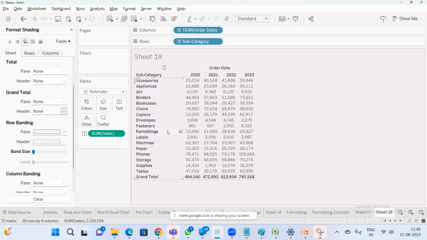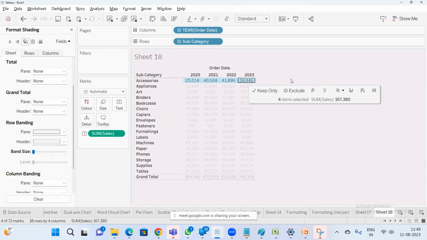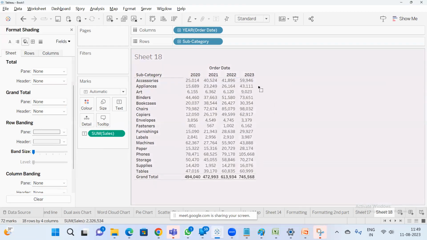Sometimes we might miss some of the data. If you're seeing the data in such a way, you don't find any difference between row to row. So sometimes what users want is to see this row in one color and the other row in a different color,